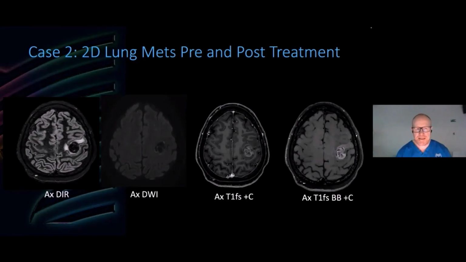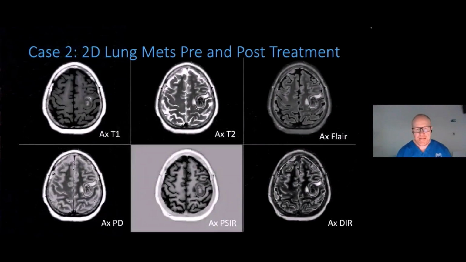The next patient is a patient with lung mets, and we're looking at pre and post treatment in this case. Here we see the axial DIR with quite a dark tumour with some peripheral edema as it's fast growing. Not much restricted diffusion once again, and quite a heterogeneous uptake of contrast. When we see the structure inside the tumour here with the SyMRI data, you can see it's of a very